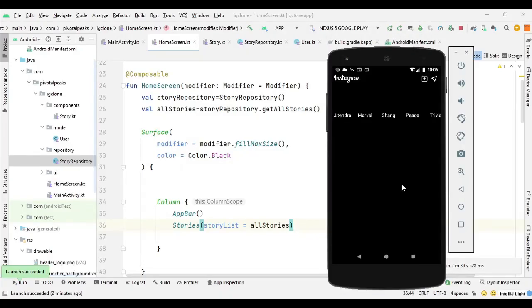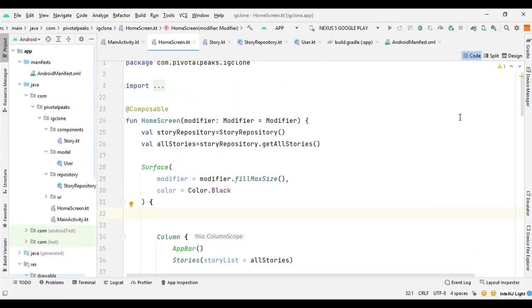So the app is launched and running, and my Wi-Fi just got down. You can see that in the icon. So you can see the list, but the images we are fetching from the web, so at the moment I cannot show you the images, but as soon as my Wi-Fi is up, I will show you the stories.